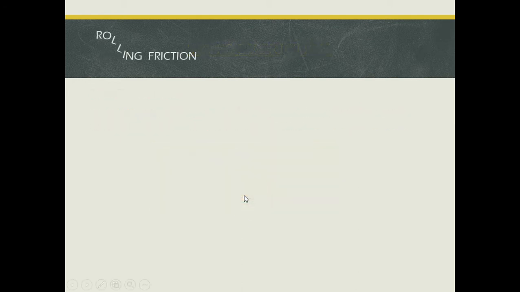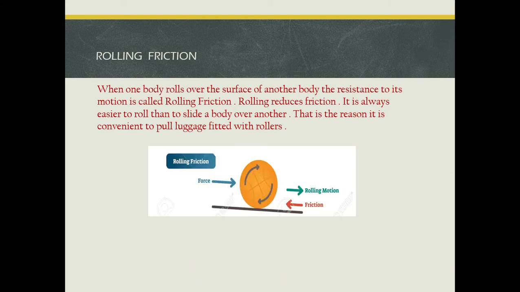But the same box, if it is fitted with wheels like this, then it is very easy to move. So luggage bags fitted with wheels, or trolleys in supermarkets and even in airports where we take the luggage, if all those are fitted with wheels, it is easy to take. Imagine that all these do not have wheels, then literally lifting these suitcases or your trolleys will be very, very difficult, or even dragging them when they don't have wheels will be very difficult. So rolling friction is reducing the friction, so it's very easy to carry heavy objects when they are fitted with wheels.